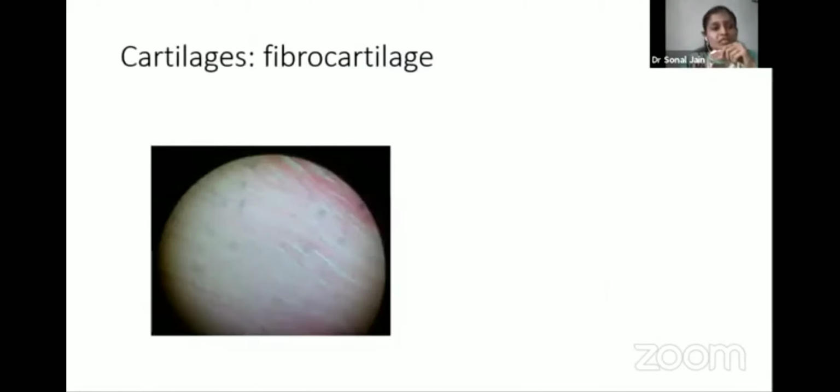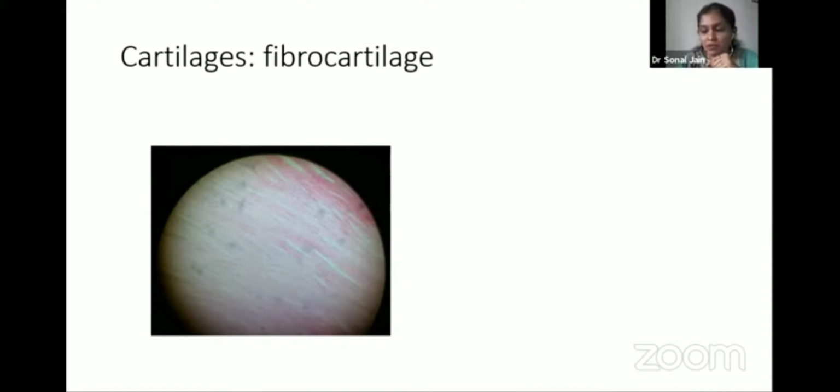Next, moving towards cartilages, we know that there are three types of cartilage. But what is a cartilage? It is a flexible connective tissue, and it is avascular, which means no blood supply, and also no nerve supply. So there is a problem with regeneration. They are covered with the perichondrium, except fibrocartilage and the articular surfaces of the cartilages of joints. The cells of cartilage are called chondrocytes. These cartilages are of three types: first fibrocartilage, second hyaline cartilage, and third elastic cartilage.